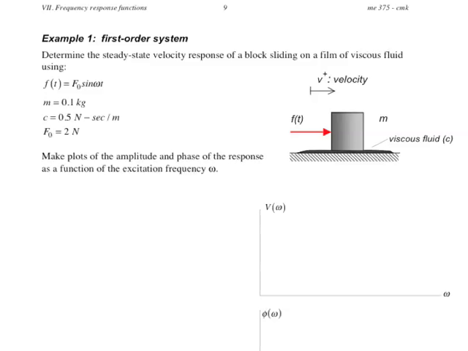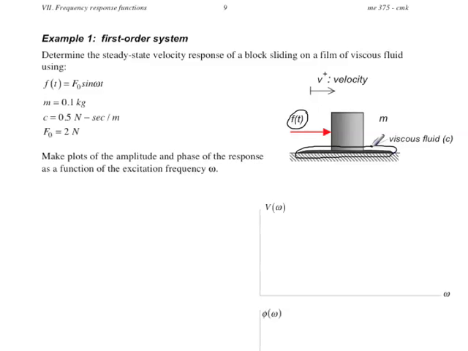For example 1, we're looking at a system here which is going to end up being a first order system. It's basically a block of mass m which is able to slide on a horizontal surface. There's a harmonic force F of t which is being applied to the block, but between this horizontal surface and the block is a layer of viscous fluid, which we'll model as really a dashpot with a damping coefficient of